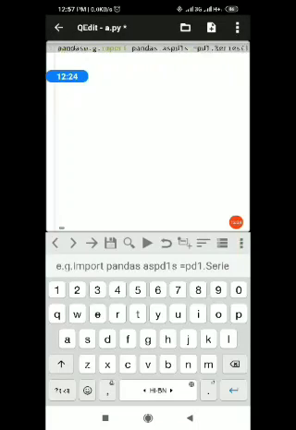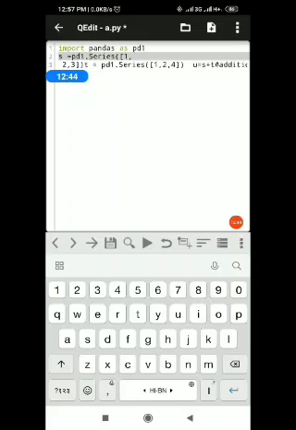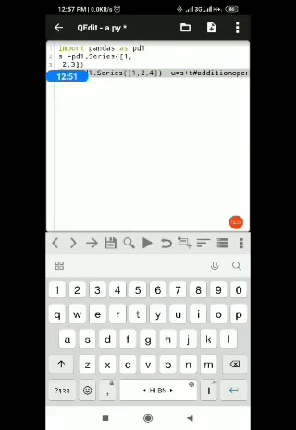Here also I have to give the things properly, because copy pasting is not very easy in these editors. It is better to write the program on your own. It is not very easy to write a complete program. Copy pasting is not very beneficial, I must say here. But then what to do?